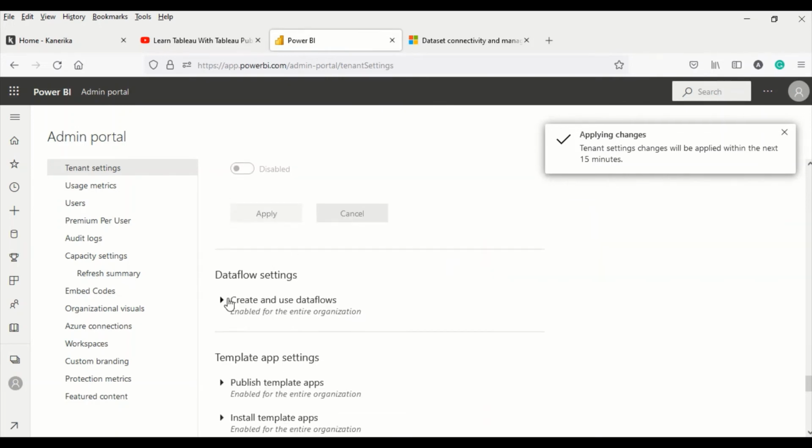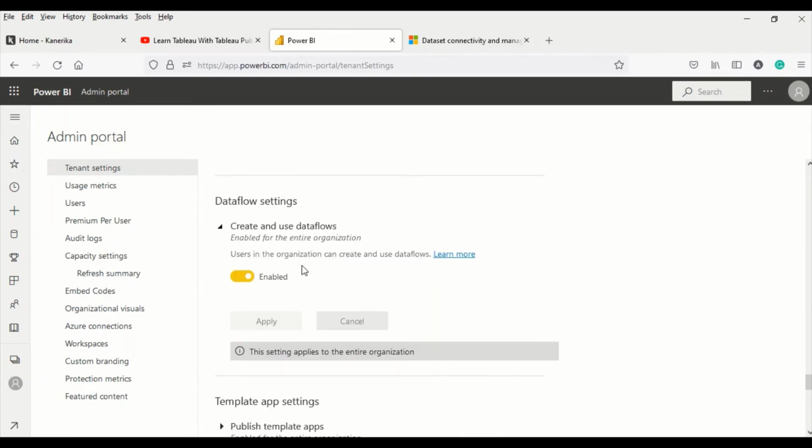Now data flows, this is one topic which we will discuss in our videos in detail, and we already have one video where we have discussed how to use data flows and data sets. You can watch that video on how to create a data set, and how, with the help of data flows, you can create data flows, and then from the data flow we created a data set, and then we used the data set. We showed you the modern Power BI flow which you can have. So take the advantage of that.